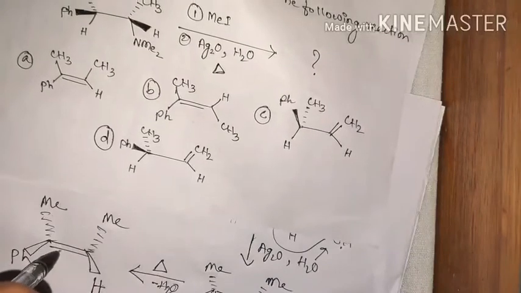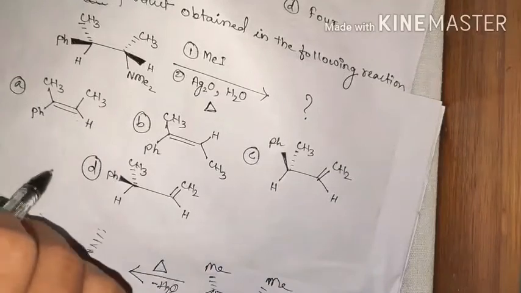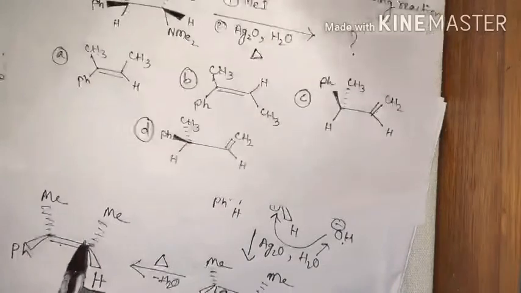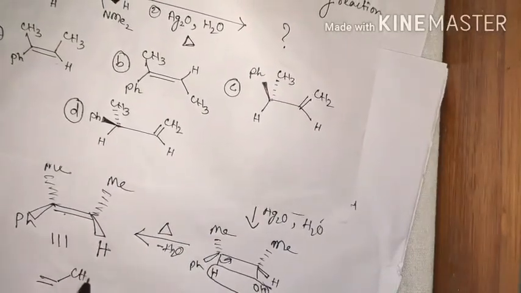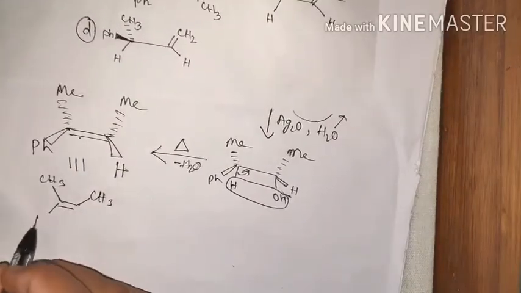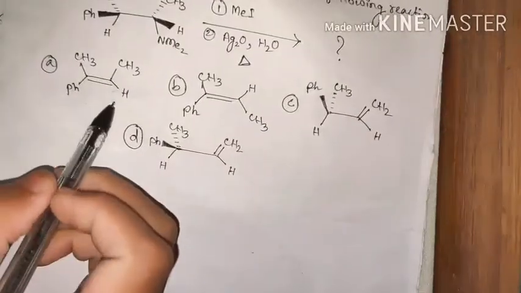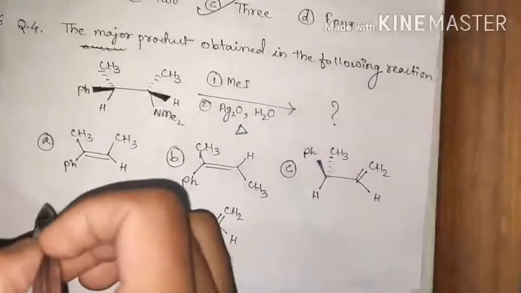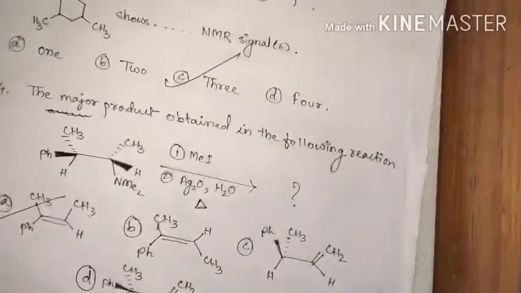Okay, so you can see here that this first molecule can be written as CH3, Ph and hydrogen. Okay, so the first option is the same. Now this will be the product. A will be the answer for this. Then next we have